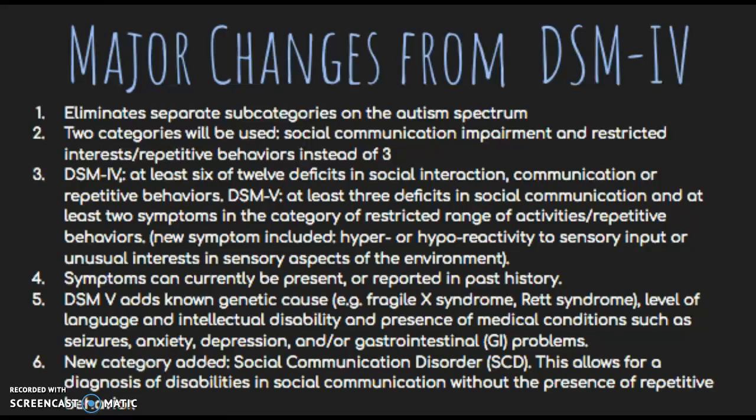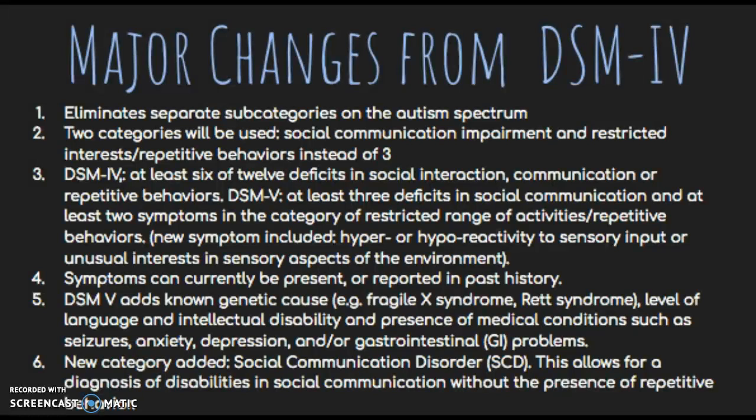If you're familiar with the DSM-4 but not the DSM-5, some of what I just told you might seem new and counter to what you are familiar with from the DSM-4. So let's go over some of the changes from DSM-4 to DSM-5. DSM-5 eliminates separate subcategories on autism. This would be things like Asperger's syndrome, PPD, NOS, and replaces it with just the one diagnosis of autism spectrum